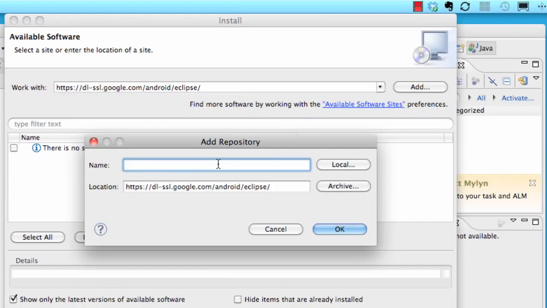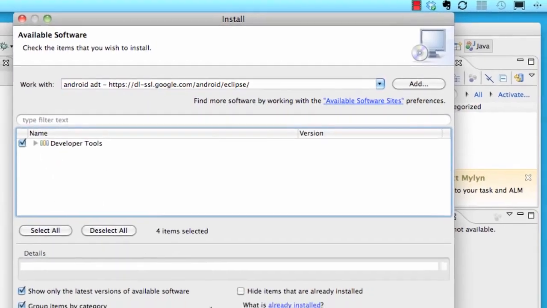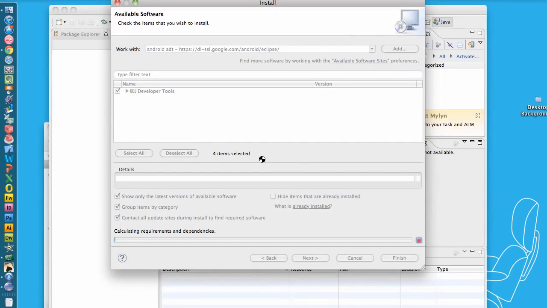Now we can add a name to this, so Android ADT, and again you can paste the link right here. That's the location link, and hit OK. And it's basically going to get the developer tools for us that we're going to need for Android programming. So that might take a little bit. We're just going to click this, hit next,